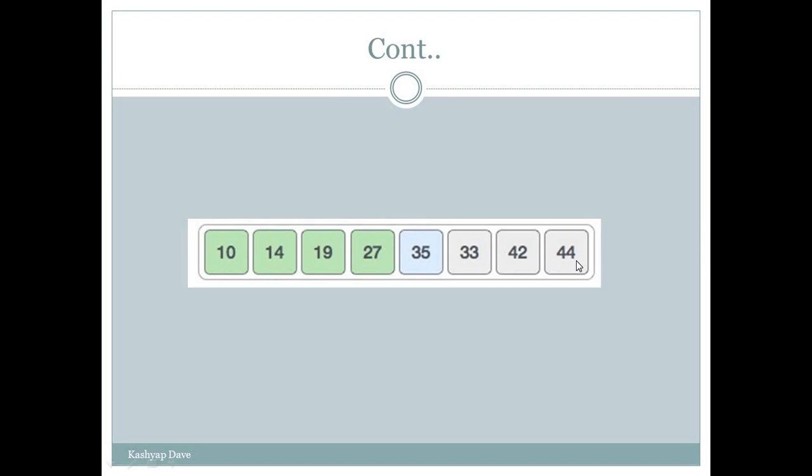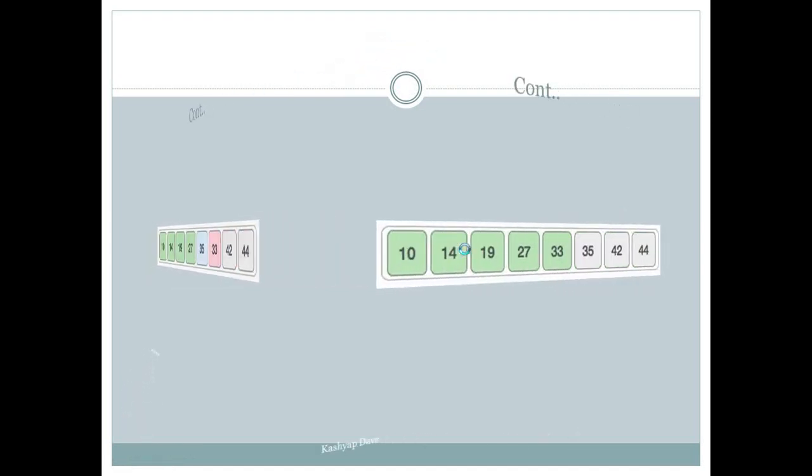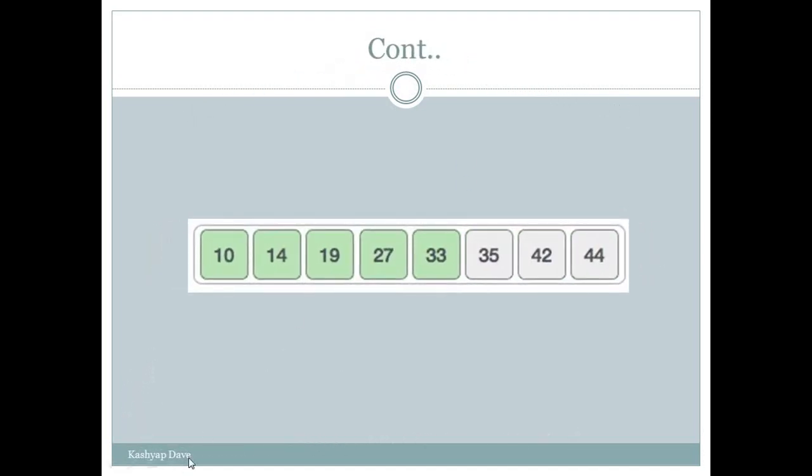Here we can see that the minimum number from this unsorted list is 33. So we have to swap our 33 with 35. Here you can see 33 is replaced by 35 and 35 is replaced by 33, meaning we have swapped 33 and 35.